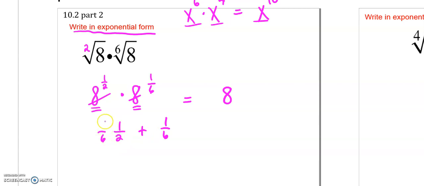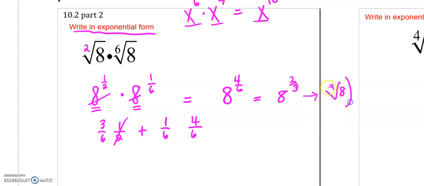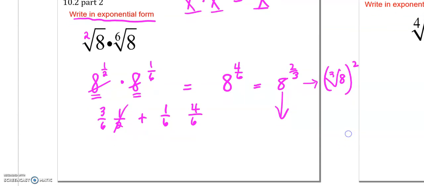So if I put a 6 here, that's 3/6. 3 plus 1 is 4/6. So now I'm going to put 4/6. I'm going to simplify it automatically before I do anything else. So now you have your two ways. You can go back to the cube root of 8 squared, or what I'm going to do is take 8